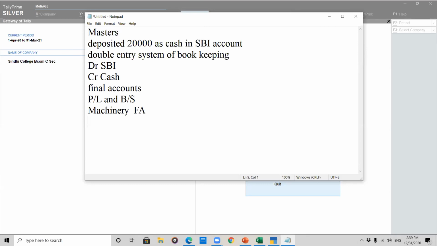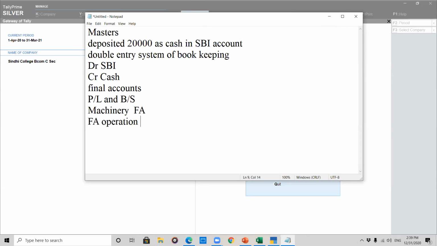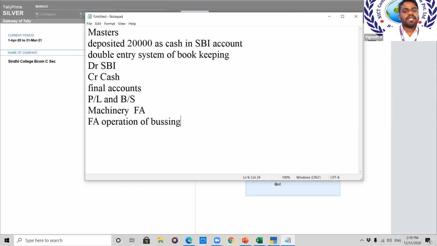Sir, current assets are like short-term assets, and fixed assets are like long-term big assets. They're permanent for a long time. Okay, very good. In the sense, the fixed assets are for the operation of the business. Yes, sir. Fixed assets are for the operation of your business, and current assets are for converting into cash immediately.